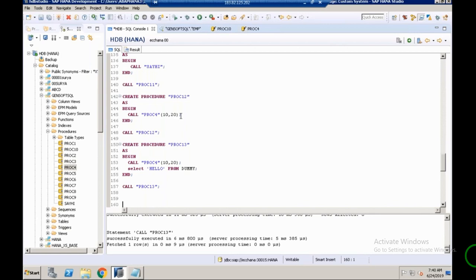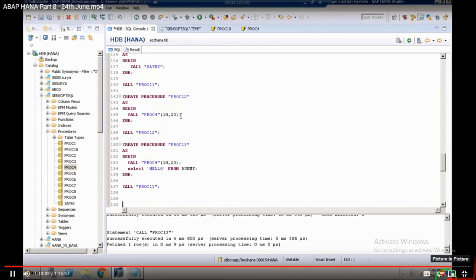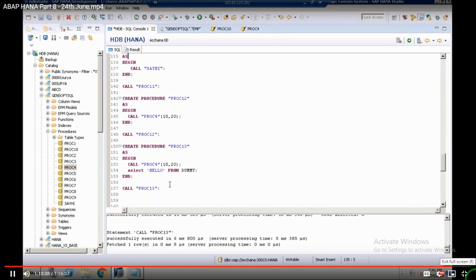Another most important point is, in this HANA database, output parameters are always mandatory. In the sense, if a procedure has any output parameter, compulsorily we have to receive it. But if you take our ABAP function modules, export parameters are always optional. If you are interested, we can import, otherwise we can ignore. But here, compulsorily we have to receive it. Another point is, in C++ and Java, a block can return only one value. That is done by using the return keyword. But in case of HANA procedures,